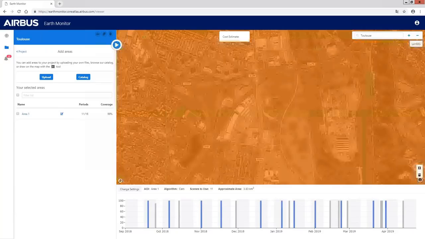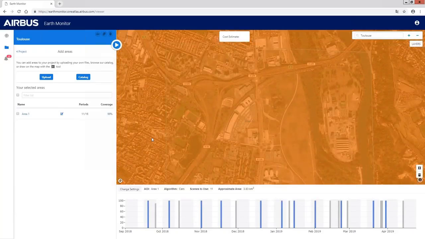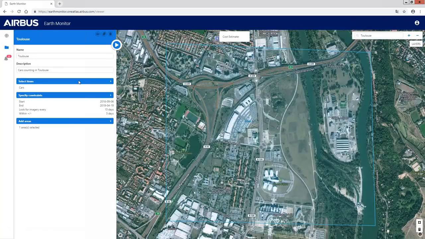If I click on coverage, I can see some blue chart here. It's the image with my criteria. And in gray, it's the other images available. If I'm okay with this, it's very simple. I just click on the run button available in the interface.